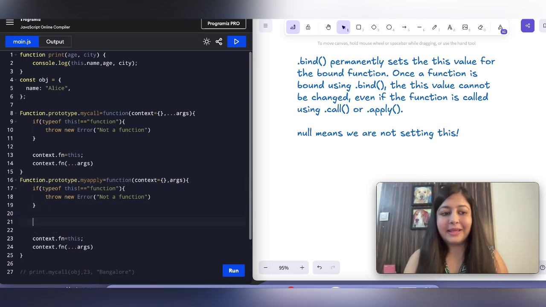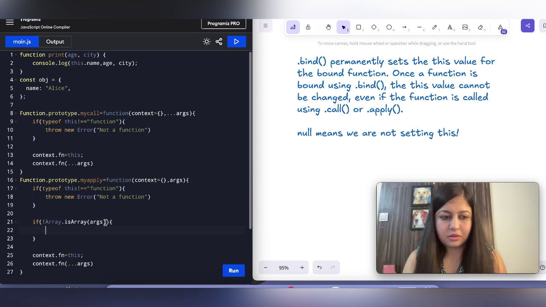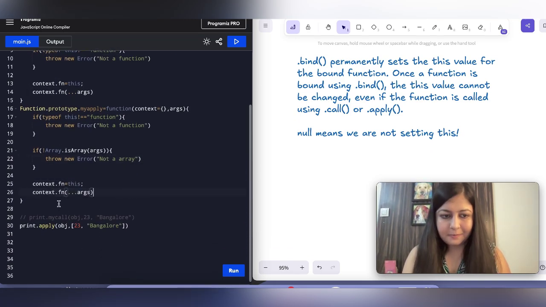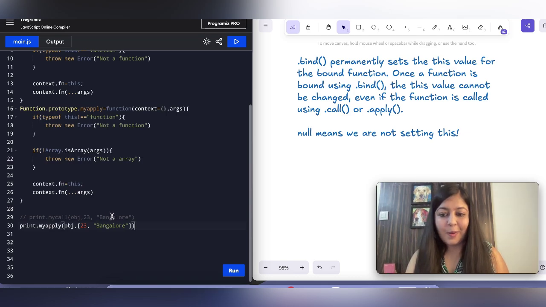Plus we have to make an error check that Array.isArray of the argument. So if they are not an array, we will throw an error. This part will be exactly same. We are spreading it and giving it. Let's just check. Yes, so now call and apply polyfills are probably the same, so it would be easy for you